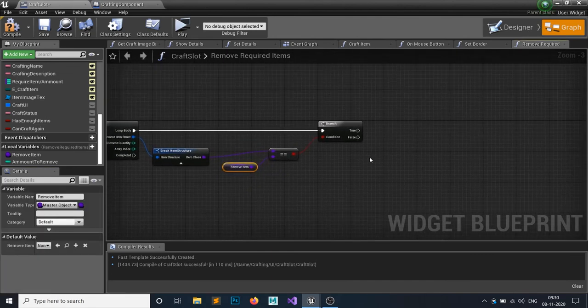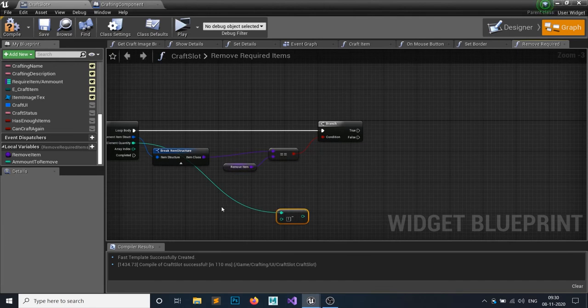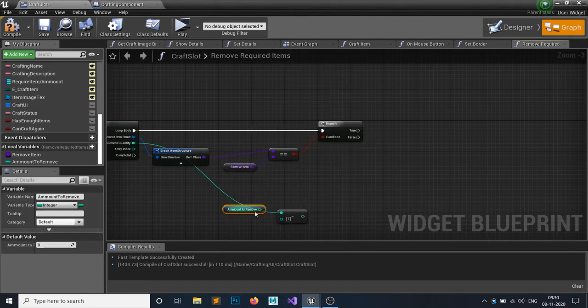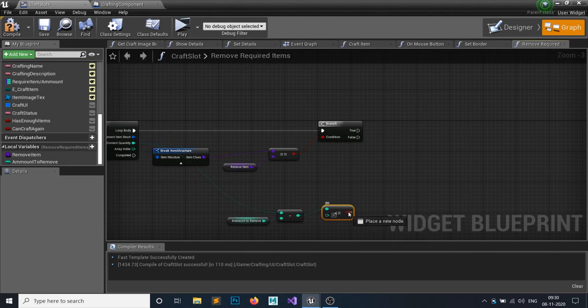So if it's true, then I will remove the quantity from the amount, get amount to remove. Yes, so I will remove this amount from the quantity. Then I want to check if it's less than or equal to 0, hit branch.